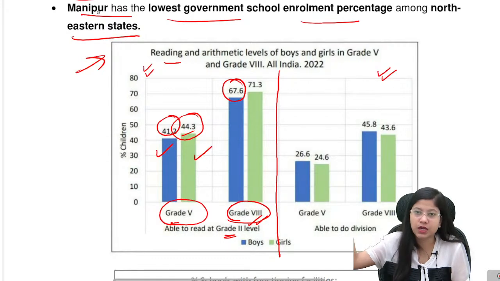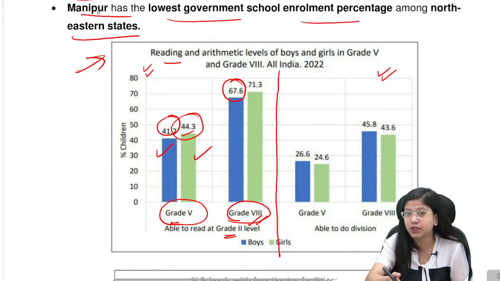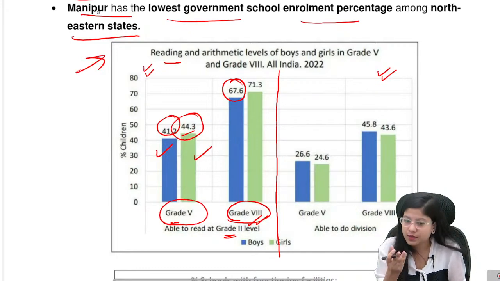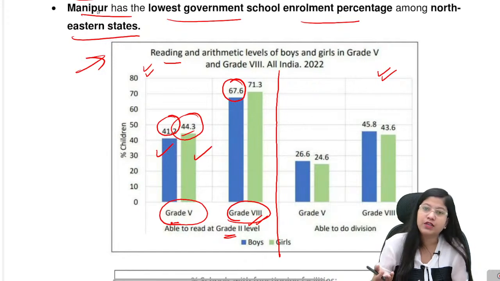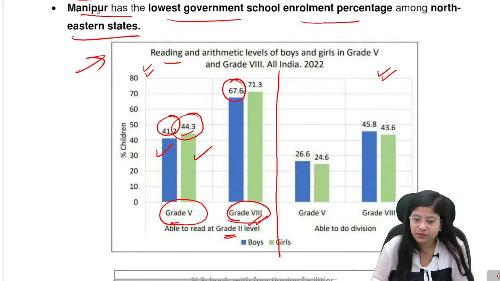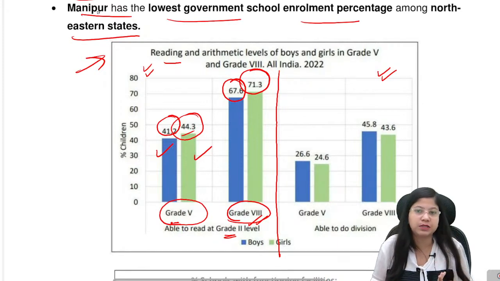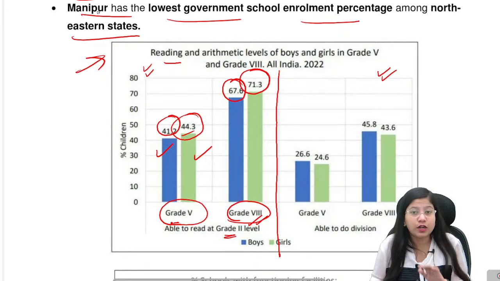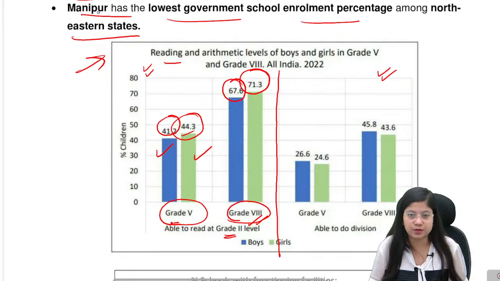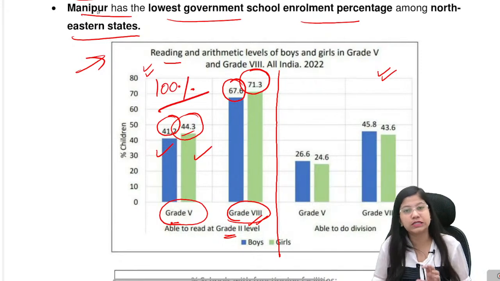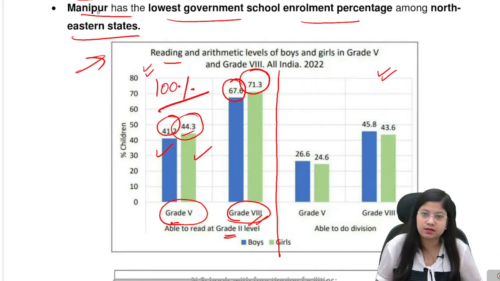A child is in the 8th class, and still we have approximately 30% of the students who are in the 8th class and are not able to read the second class textbook. This is a very grim picture of our education system in the rural areas. 71.3% of the girls are able to read, and the remaining are not. That means 29% of them are not able to read even the second class textbook. This data should have been 100%, that 100% students are able to read the second class textbook, but this is